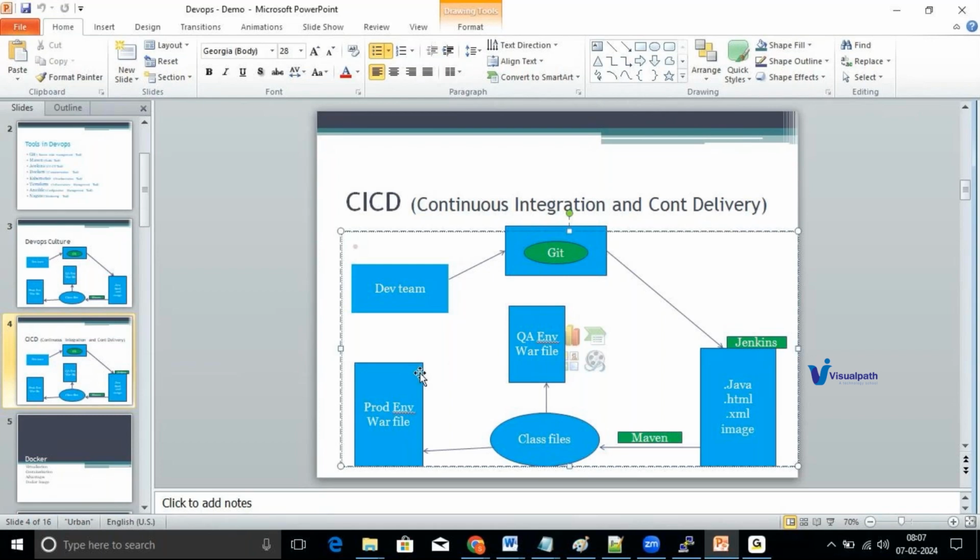To scale up the environment, if you use Kubernetes, Kubernetes will have that auto scaling capability. Kubernetes will bring up your environment, increase your containers very easily. And self-healing capability. Self-healing means if any container goes down, Kubernetes will bring it back. And auto-scaling means if we want any extra containers with the same data, with the same application, Kubernetes will bring them